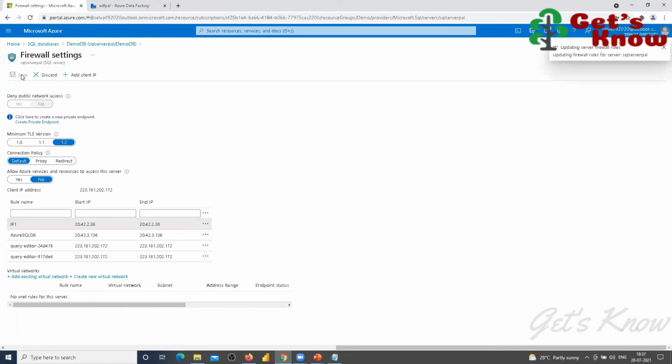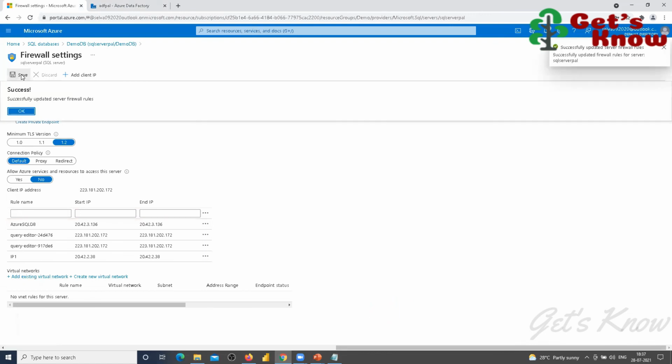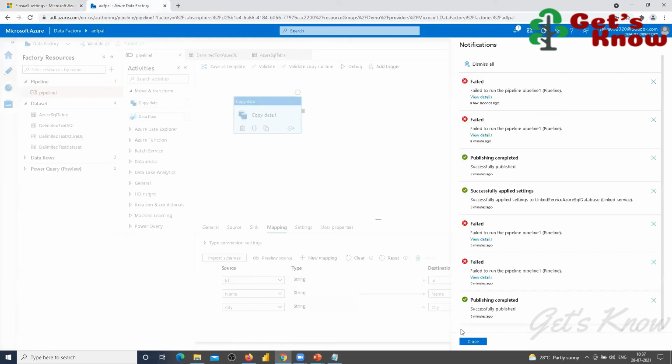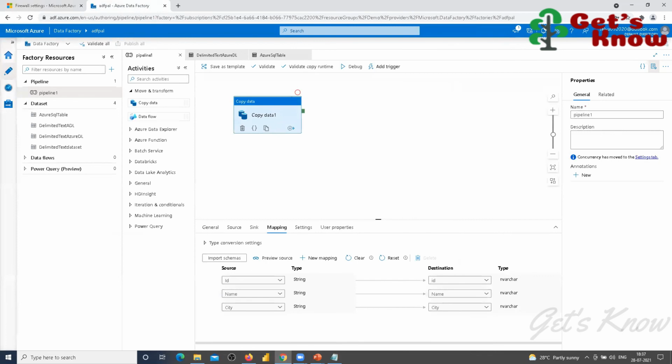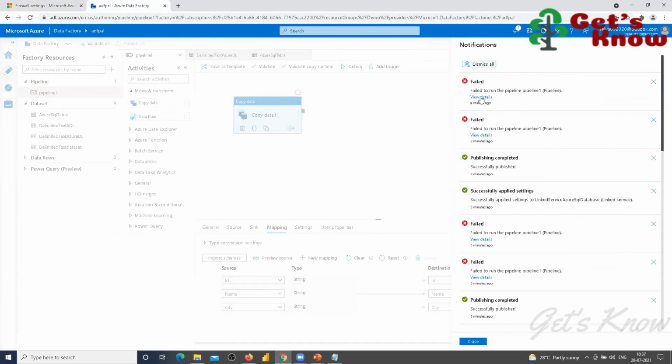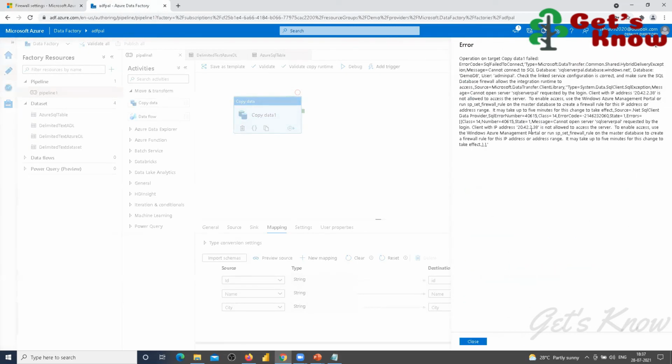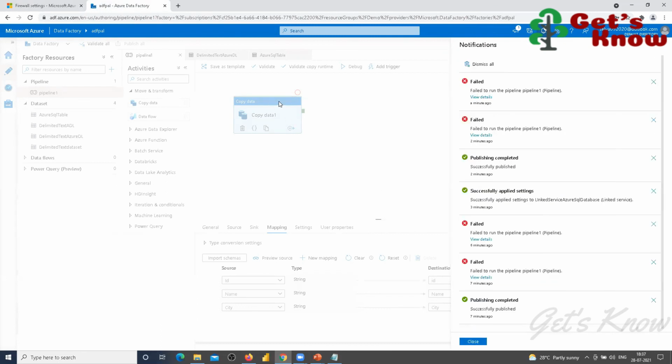I'll save it. Actually, it is showing this IP is not allowed to access, so I'm adding that one. Yes, this might be the problem. So to access the server, I'm adding it, but now we have to confirm whether it is allowing or not.